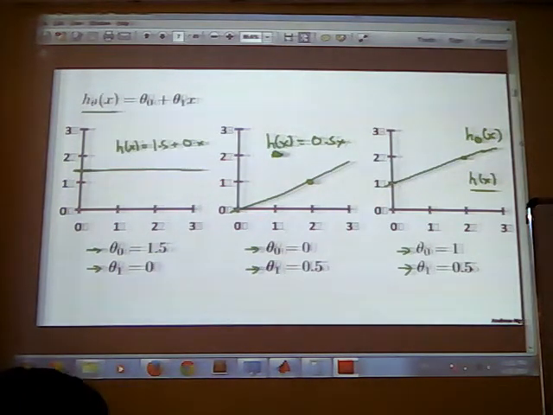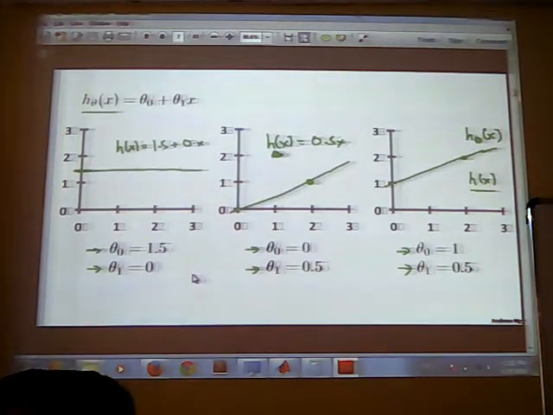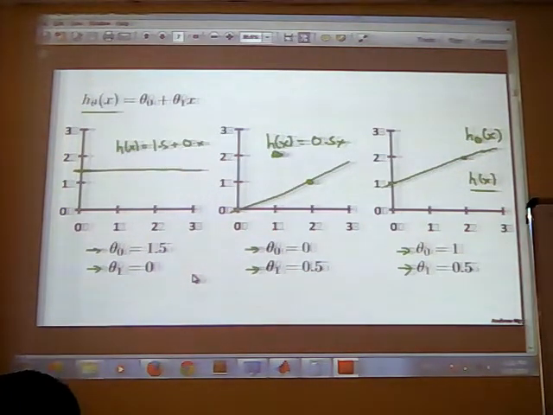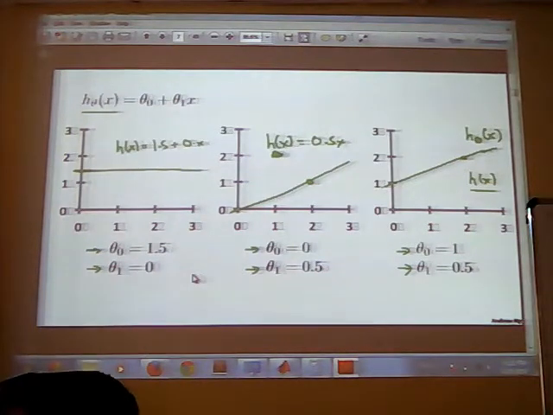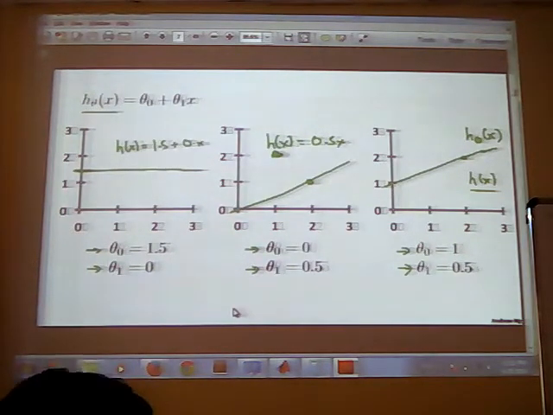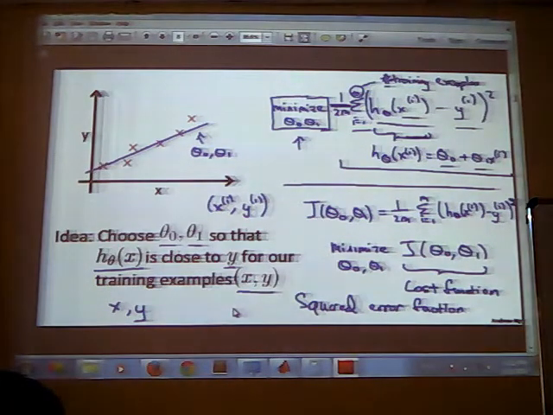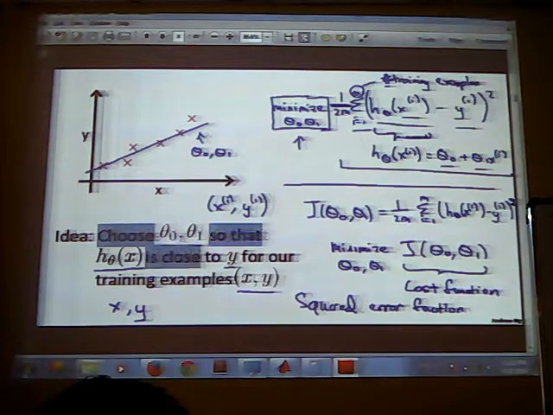So by using the hypothesis, we are going to minimize the cost function. Choose theta 0, theta 1 so that h of x is close to y for our training example x comma y. What does it mean? Initially we need to provide some values of theta 0 and theta 1. So how are we going to provide those values, theta 0 and theta 1? And what value should we choose so that our algorithm proceeds in a good manner?